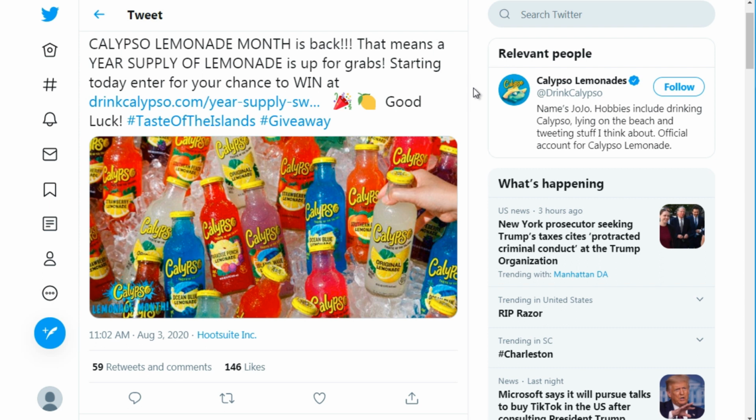But you want to make sure that it is targeted, that it is not some random Amazon card, but actually something that your followers are going to be interested in and their followers are going to be interested in vice versa. So that's as simple as it gets as far as trying to expand your reach.